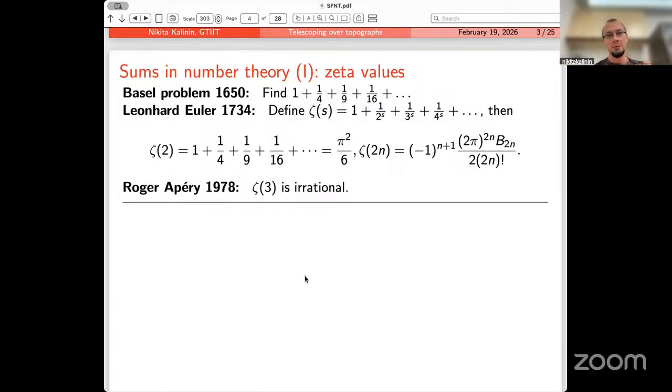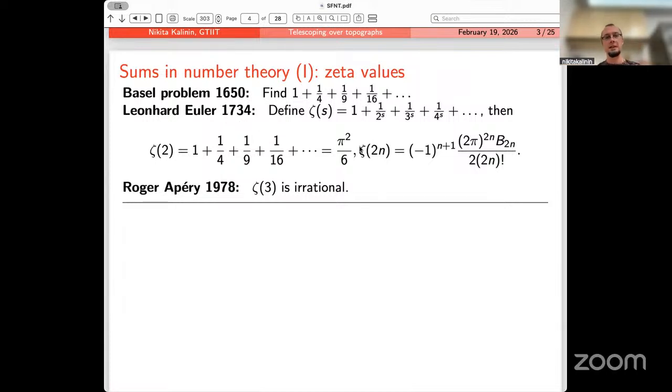I would say that for me, number theory is about infinite sums. So you know the Basel problem. It's almost 400 years ago. You just need to evaluate the sum of 1 plus 1 over 4, and so on, the sum of the inverse squares. And then it's Leonhard Euler who found this sum and who proved that the sum is equal to